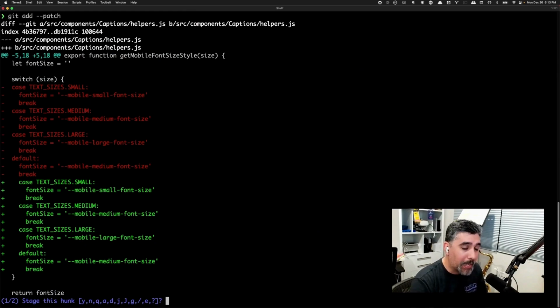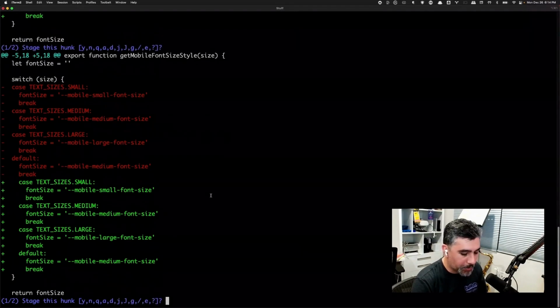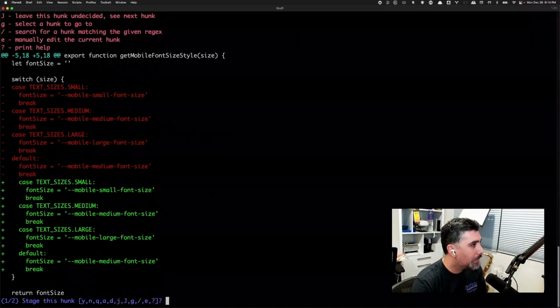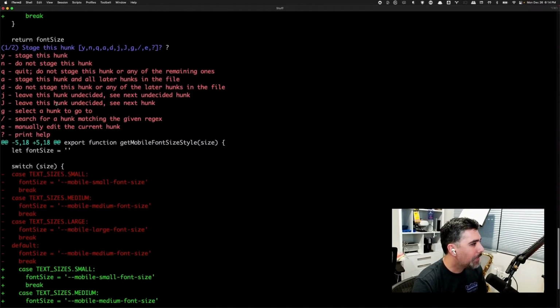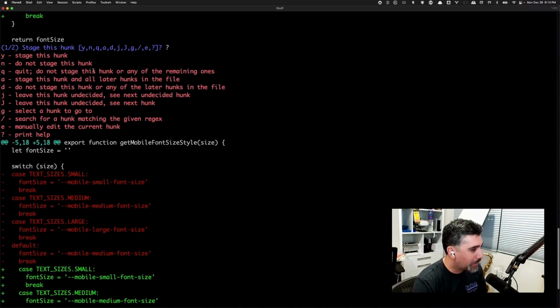So the powerful thing with git add patch is that it allows us to take a look at all the changes to our existing files, and we can go through and we can verify whether those changes is something we actually want. On the very bottom, you could see that there's this kind of cryptic stage this hunk with a bunch of abbreviations on there. If you just do the question mark command, at the top of this output, if we scroll up, we can see what each one of these different commands means.